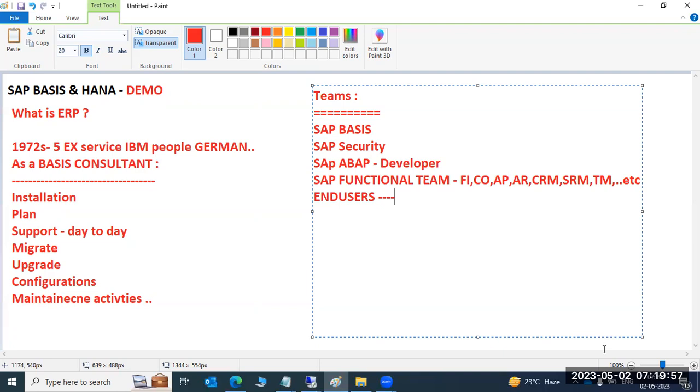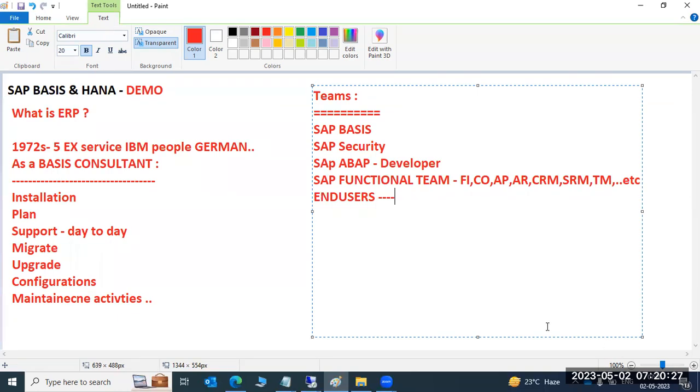End users means, suppose you take the IRCTC application, we will log in and book tickets, right? So we are the users of IRCTC. We are using their product, and that product is hosted on SAP only. Currently it is supported by one of the top organizations supporting SAP, TCS, for the IRCTC website and application, right?